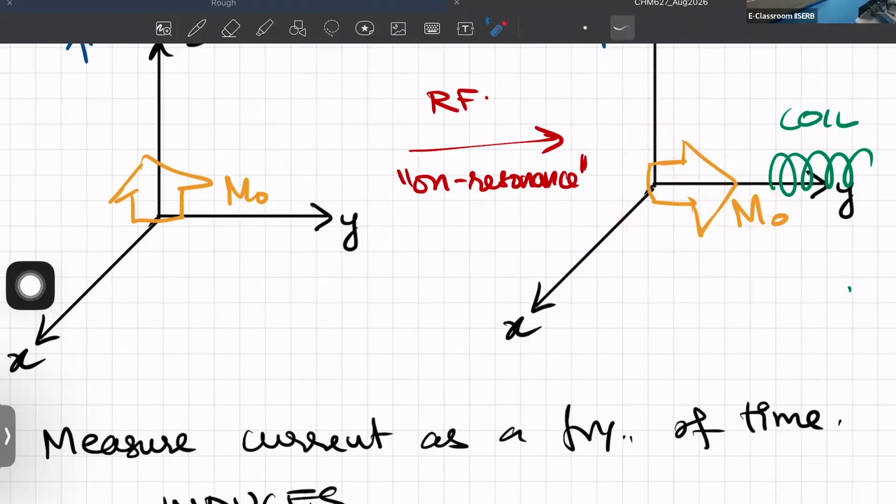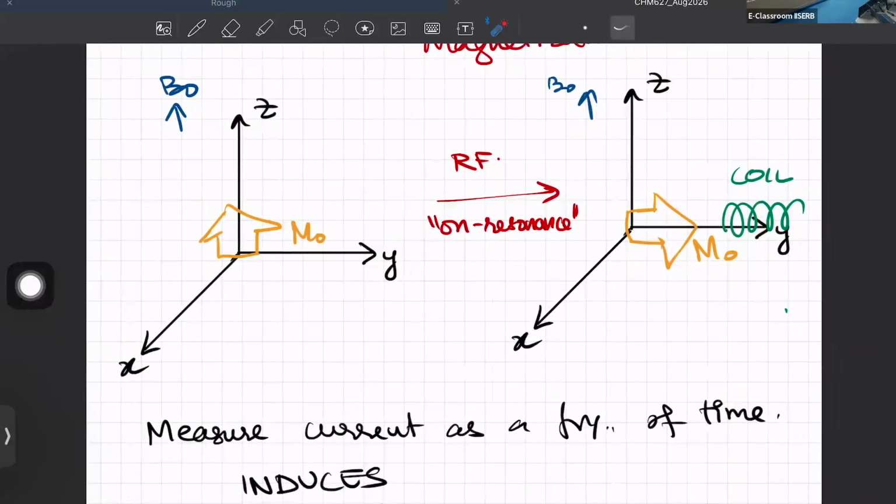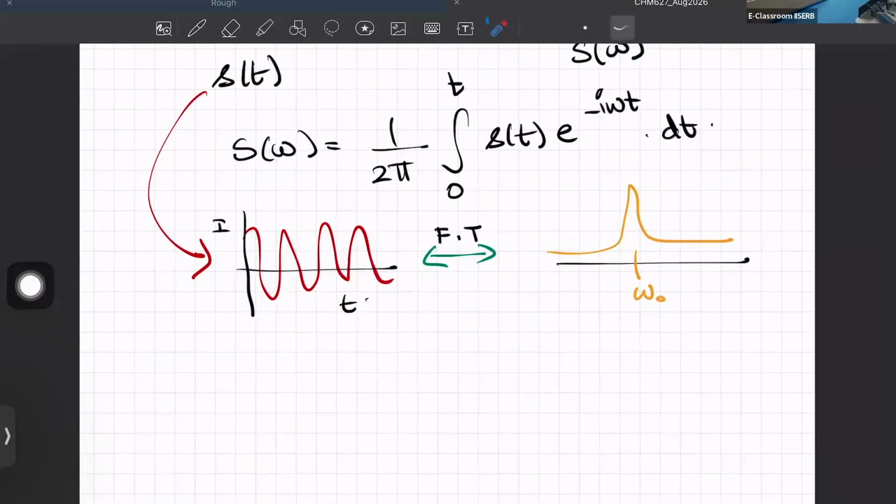Why is it so? We'll come to that in a moment. Let's not go there; I've not explained that yet. So far the signal is clear. How do we get the spectrum from the signal is a little clear? Okay. Now we'll get into the understanding of